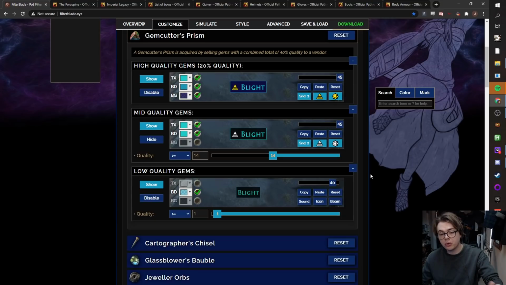GCPs, this is a very important one. You all regularly need GCPs for qualitying up your gems, especially when you start trying to level up stuff like Empowers or Enlightens. So it can be worth picking up gems. So what you can do, by default, high tier, 20 quality will always show,